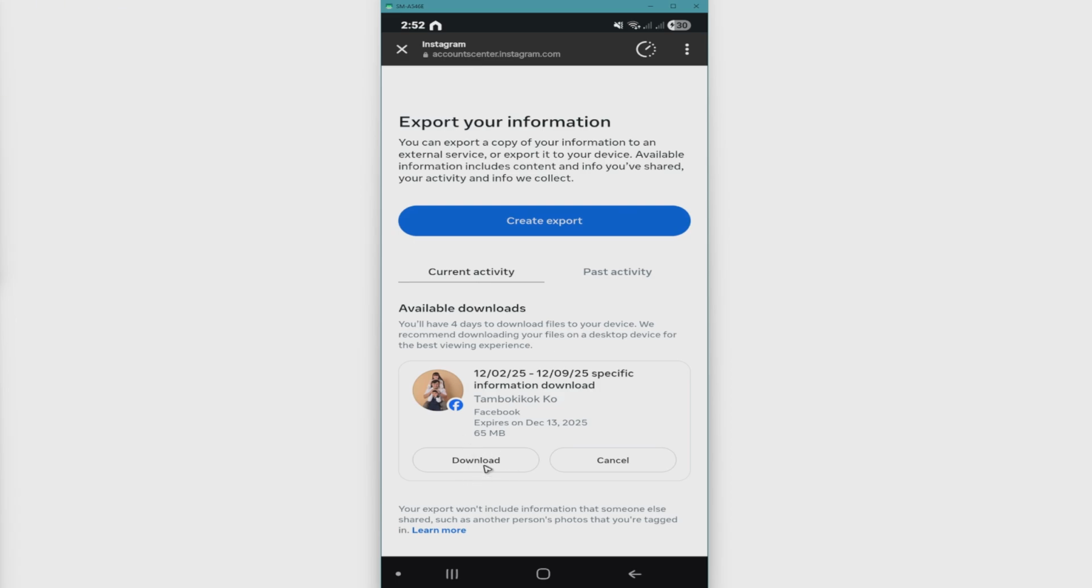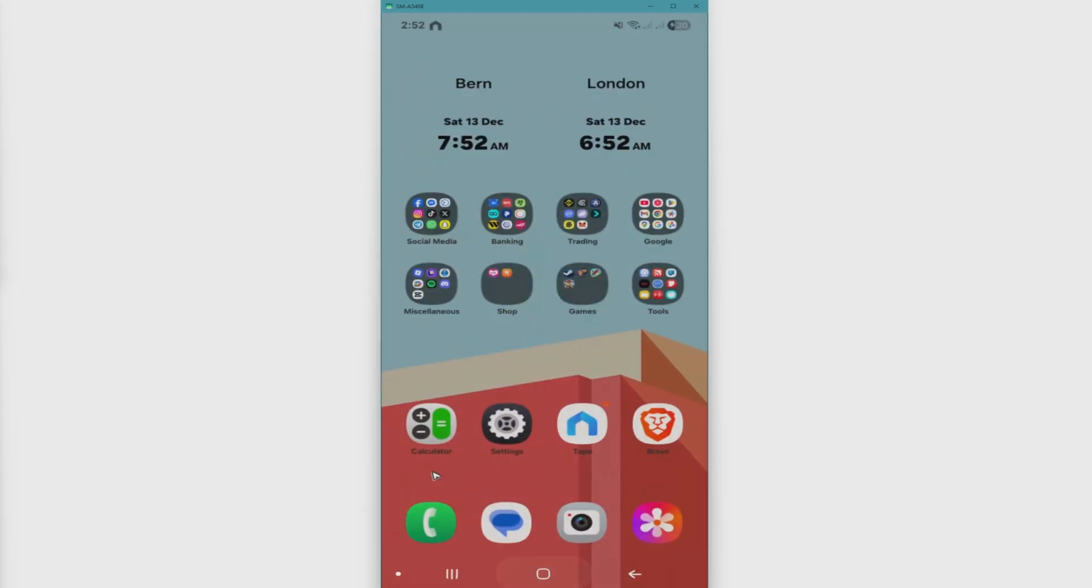All right. So what you're going to do, if you already got or downloaded the zip file, okay, what you'll do is just go ahead and extract it first, then find the HTML file, open it up, and you will be able to see a list of your follow